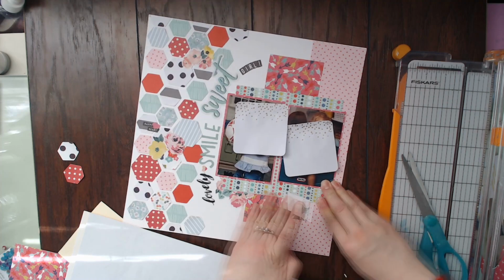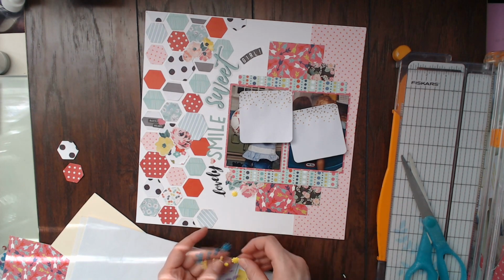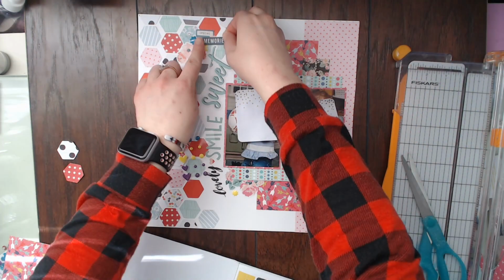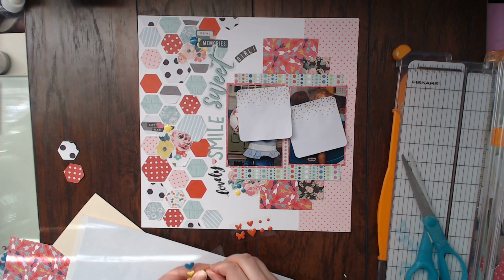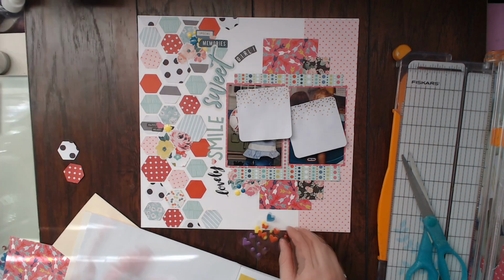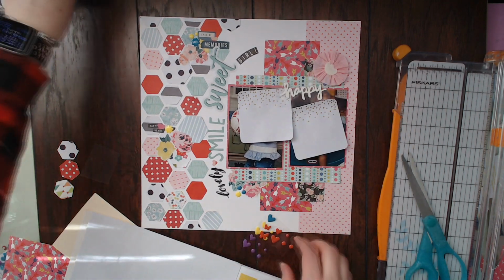Then also from the sticker book, I pull in this pretty floral piece of paper. I put it at the top and the bottom. And now I'm going to bring in some more embellishments. So I'm just adding some of these pretty enamel dots. I'm not sure what those are from. I really don't know. But then I also had these cute little